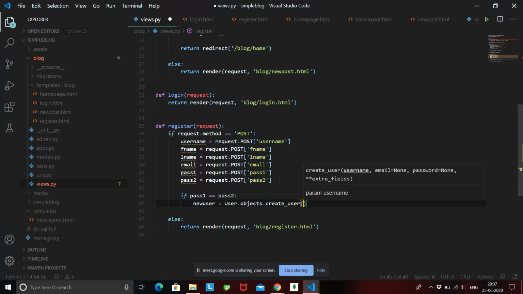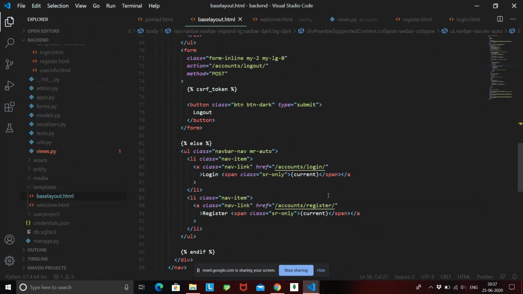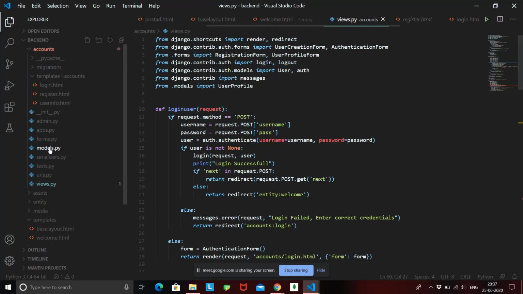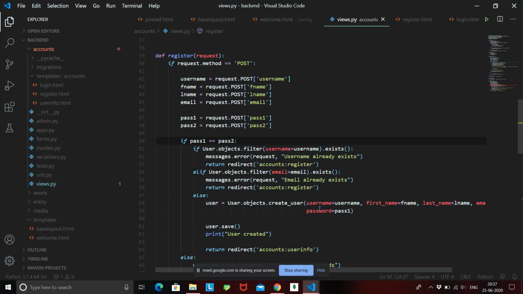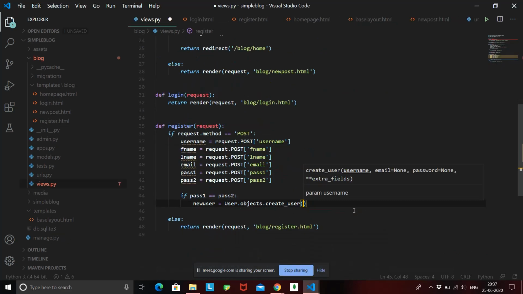Okay, so let's pass in whatever it needs. I'll check the fields that this user provides. Okay, so the fields are username, first name, last name, email and password. Let's try to create that.